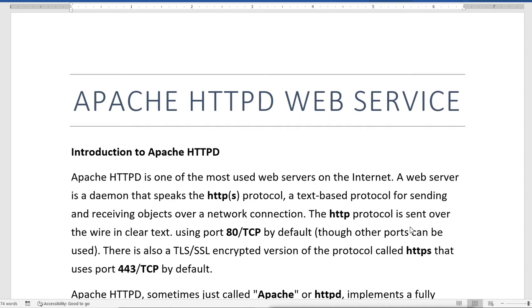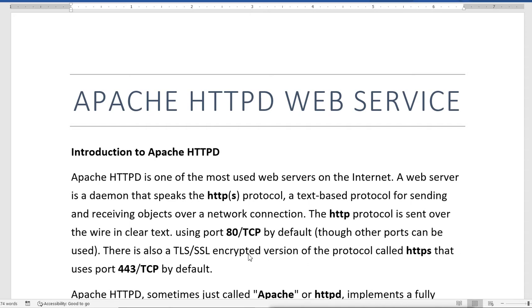Now the HTTP protocol is sent over the wire in clear text. It uses clear text communication on port number 80 of TCP by default. We can change it; we can configure it to use other ports also.